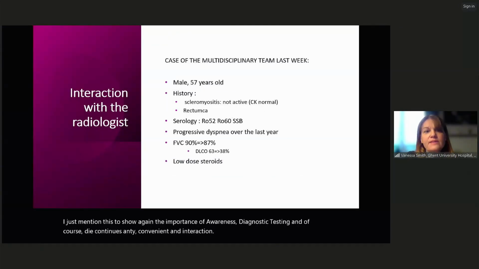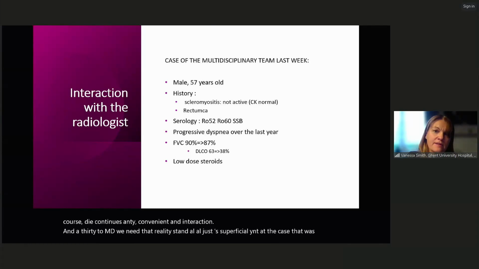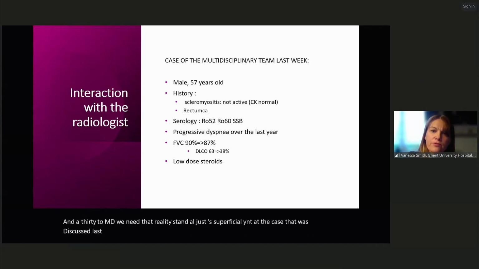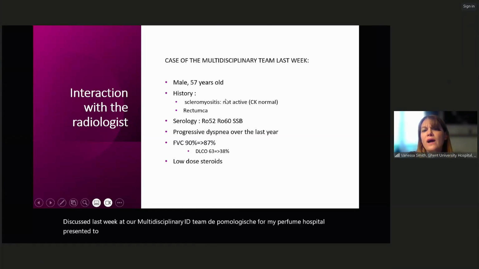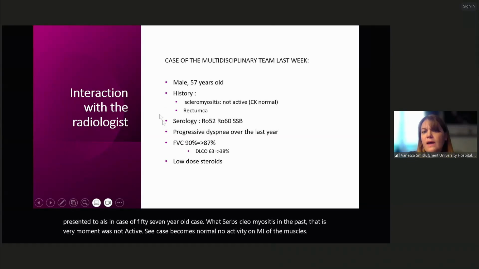And then thirdly, in our MDT, we need the radiologist. And I'll just superficially hint at a case that was discussed last week at our multidisciplinary ILD team. The pulmonologist from a peripheral hospital presented to us a case of a 57-year-old who had a severe scleromyositis in the past, but at this very moment was not active, CKs were normal, no activity on MRI of the muscles. One year ago, this patient had had a rectum carcinoma, and the serology of this patient was